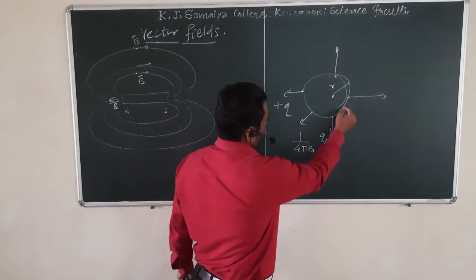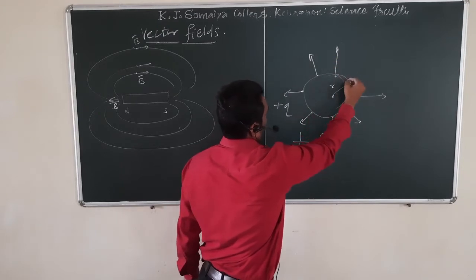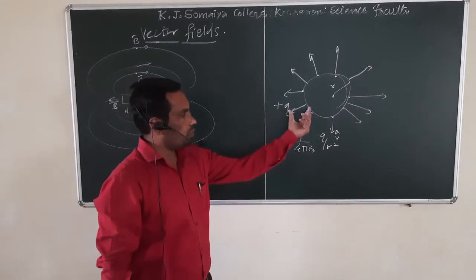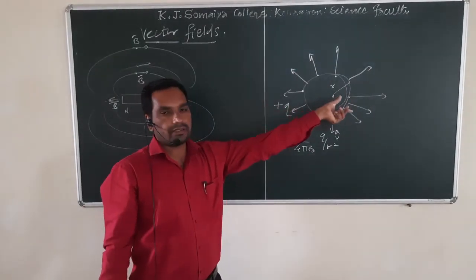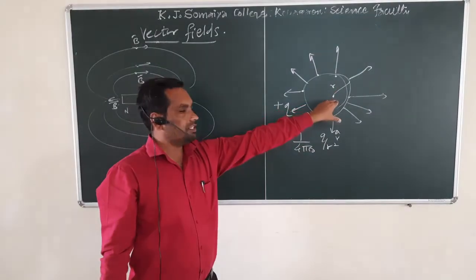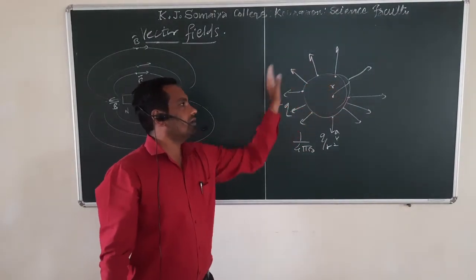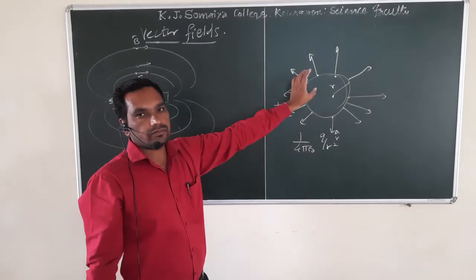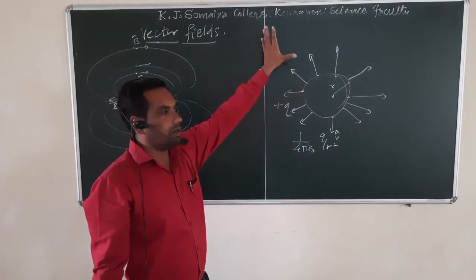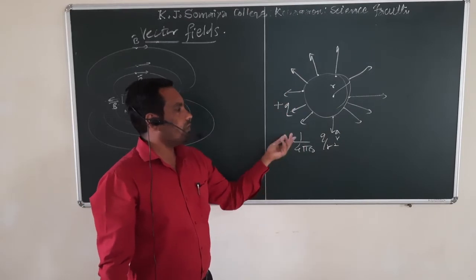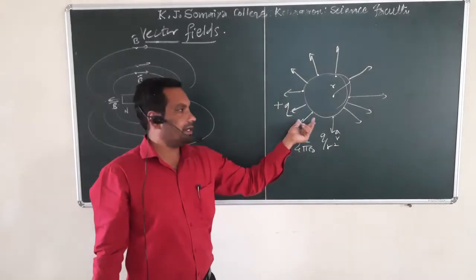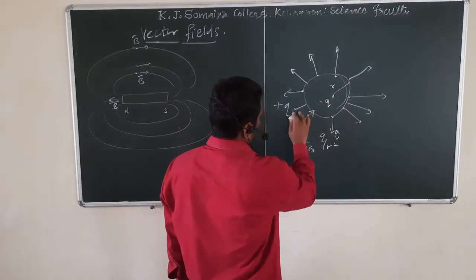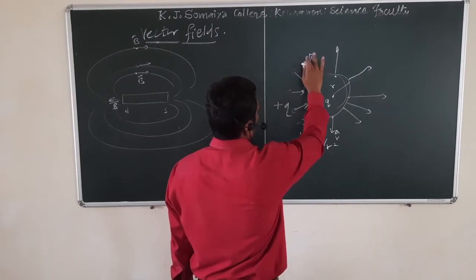At this point it is like this, at this point it is like this, at this point it is like this. So the direction is radially outward, but the magnitude of all these vectors is the same. So around this charged particle we have an electric field which is radially outward, and the magnitude of this electric field may be different at different distances, but the direction is radially outward. So in this region we have vectors. All the physical quantities are vectors. Suppose this charge is minus q, then the direction will be opposite to this.